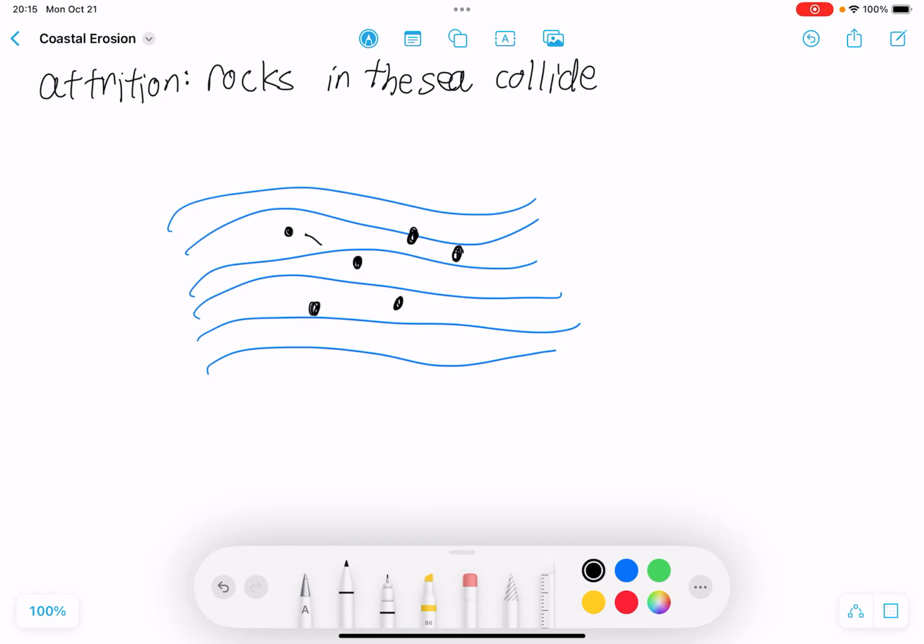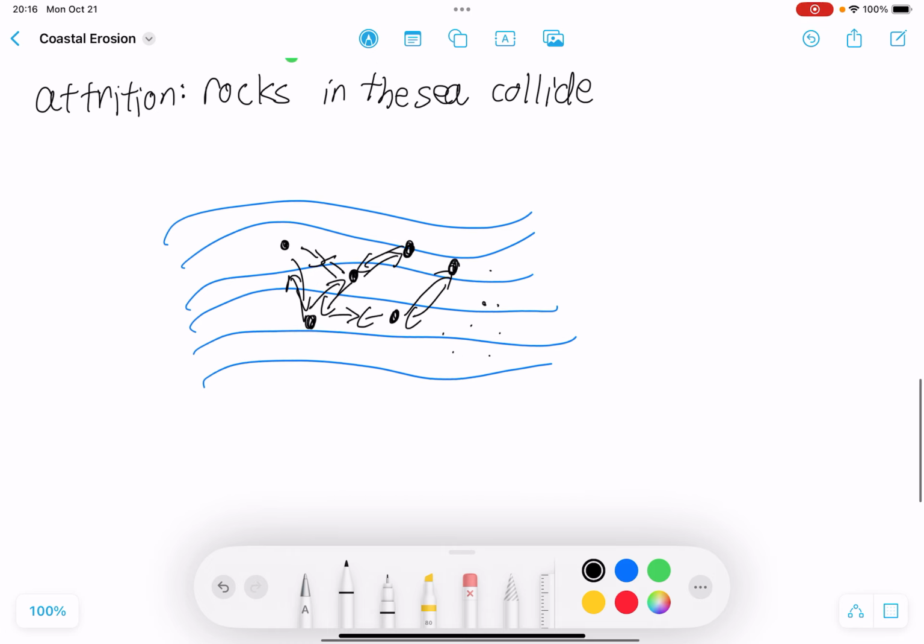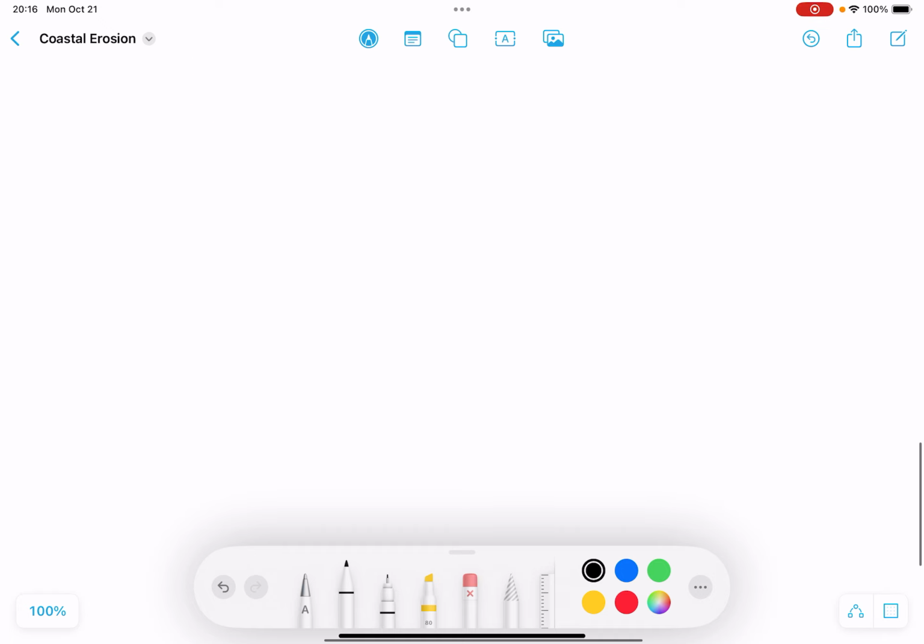And these rocks follow the current, but sometimes the current changes really quickly, so these rocks can bang into each other, and they basically wear each other away. When two small rocks bang into each other, they might form smaller rocks because they break each other down. And then we have even smaller rocks, so small that you can barely see them. So that's attrition. There's also solution,